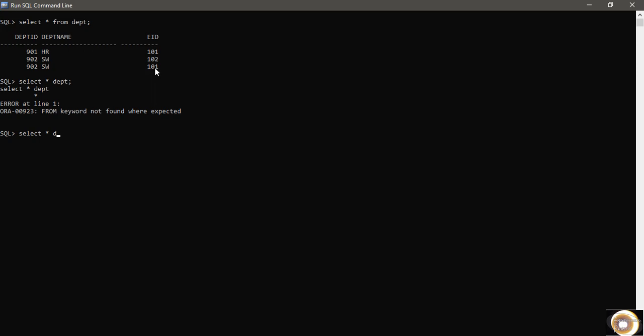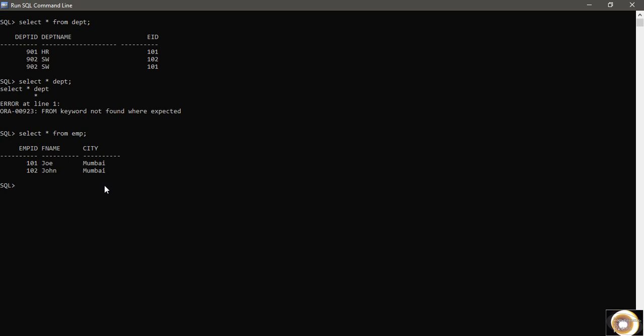I tried with employee ID 105. I was not allowed to insert. Only 101 and 102 are present in my database, or in my employee table. They have only been allocated to my department table. Correct? So this is basically the use of foreign key, binding a table with some constraint. So the department table is based on your employee table. Same condition you can take with teacher and courses, a student and courses.